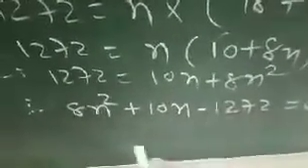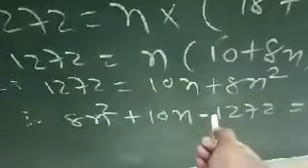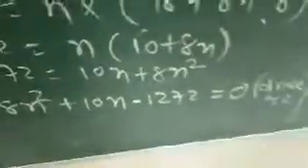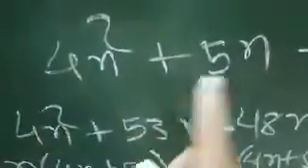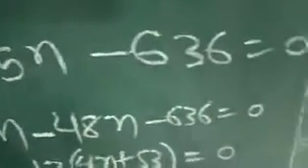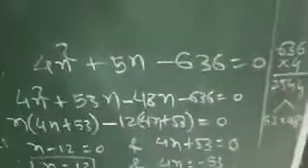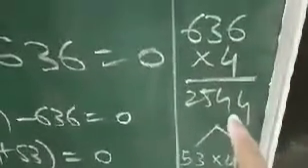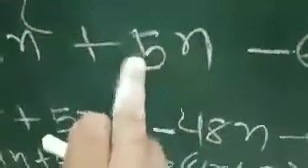Now we form this equation to get the number of terms, it means the n value. So here I arrange this equation as 8n square plus 10n, and this number we send to this side, it means it becomes negative, minus 1272 is equal to 0. Now we divide by 2 because these numbers are all even. So here 4n square plus 5n minus 636 is equal to 0. And now we get the factors of this equation. So we multiply 636 by 4, then we get 2544, and after that we find the factors of this number to get the middle term 5n.